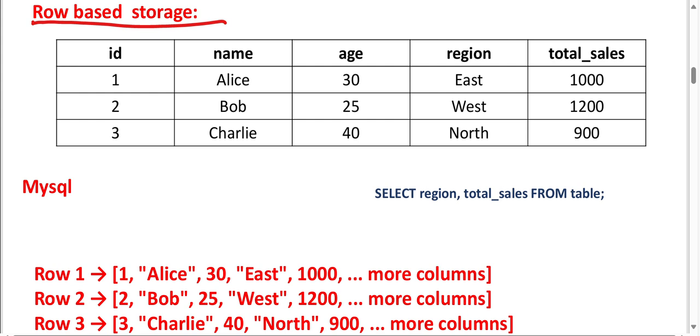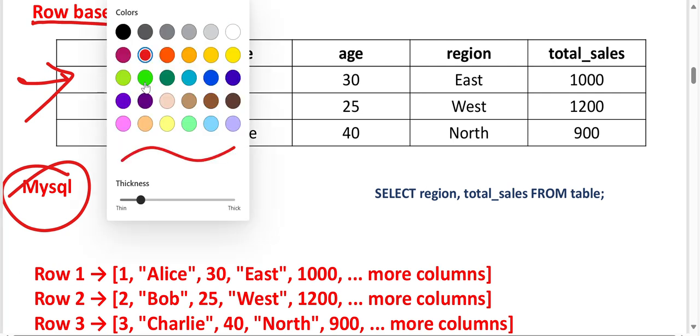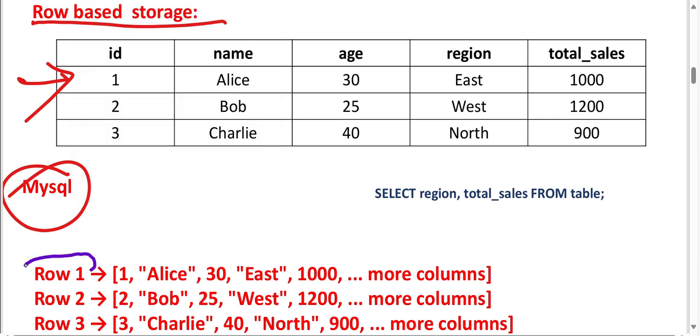Now, in the row-based storage, let us take MySQL. MySQL is a row-based storage only. So now in this row-based storage, let us take, we have created one table like this. Now in this table, we have three records, right? Now, how the records are going to be stored is, the records are going to be stored internally in the form of rows. If you see here, I have mentioned, wait, I'll show you just a minute. Now you can see here row one, like this, it is going to store the data.